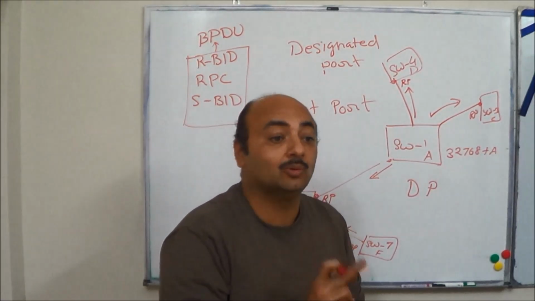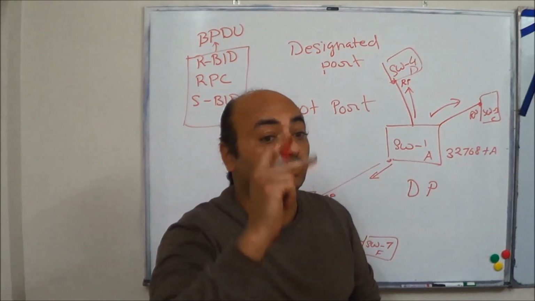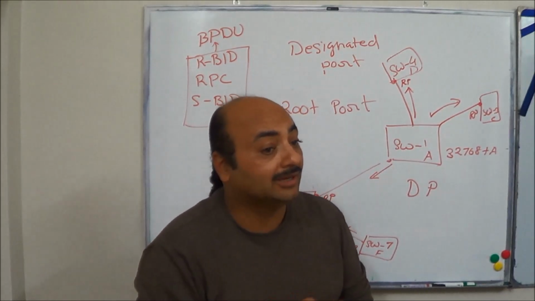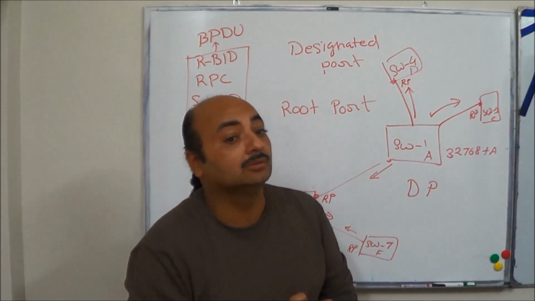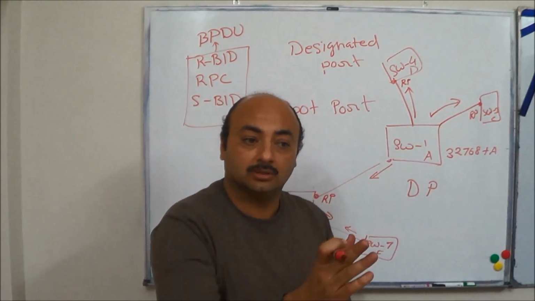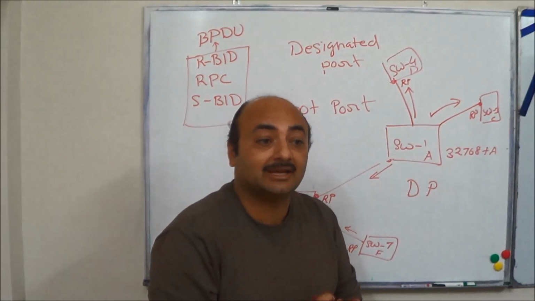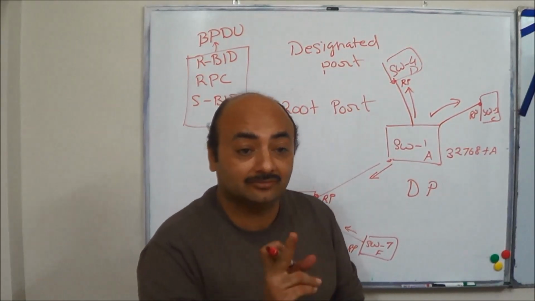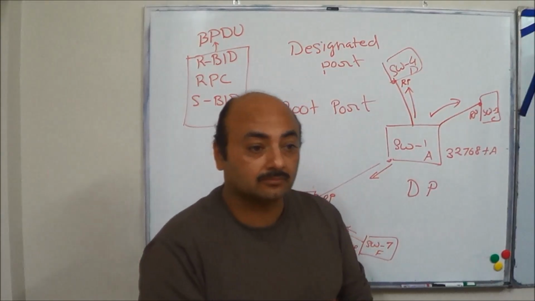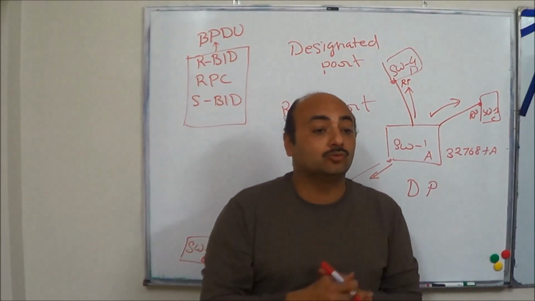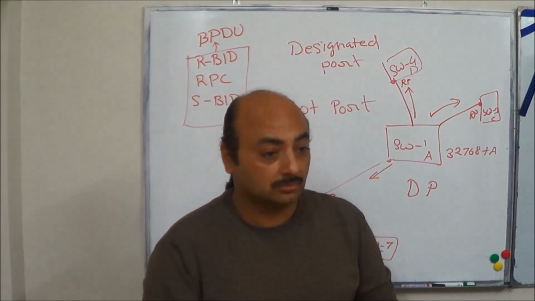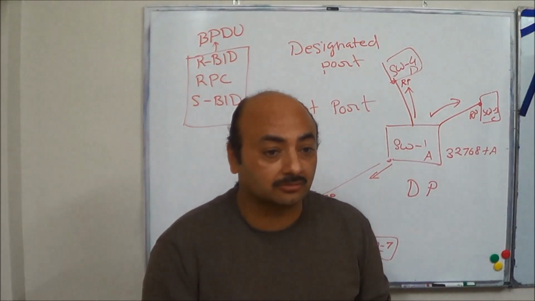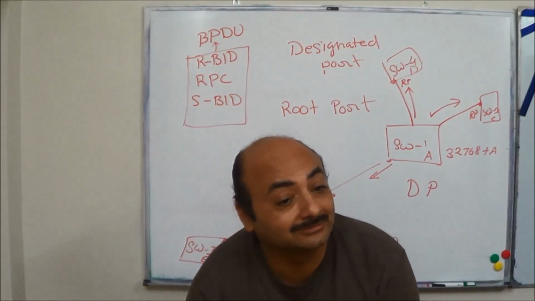Again, don't get confused between root bridge and root port. Does the root bridge have a root port? No. Who has the root ports? Non-root bridges. Can we also say that every non-root bridge will have at least one root port? In fact, every non-root bridge will have only one root port, because we take the shortest. So let's again ask the question.